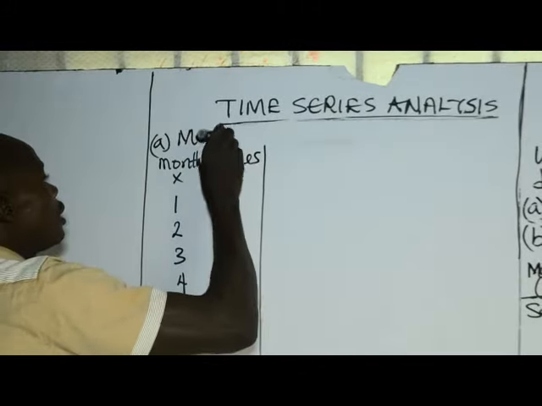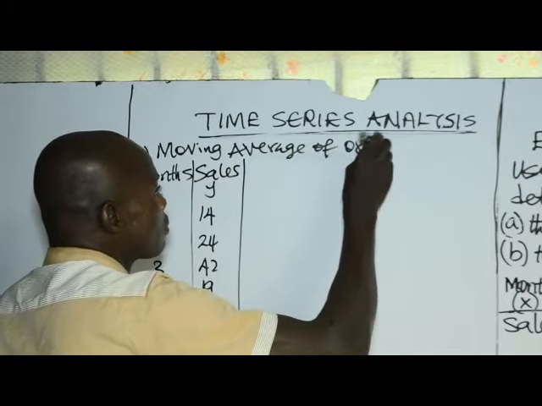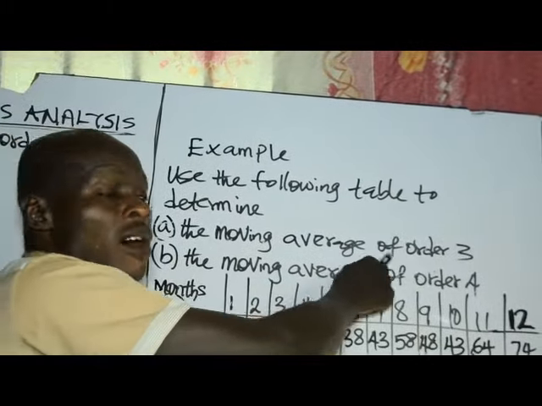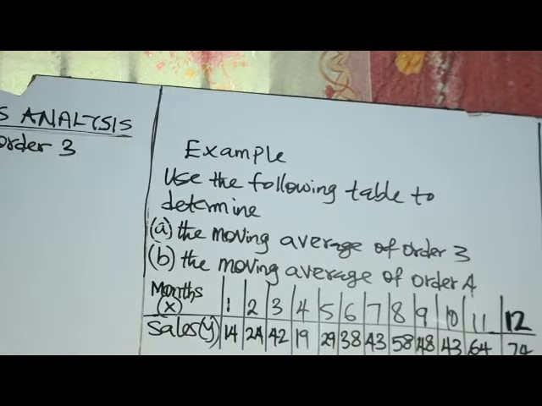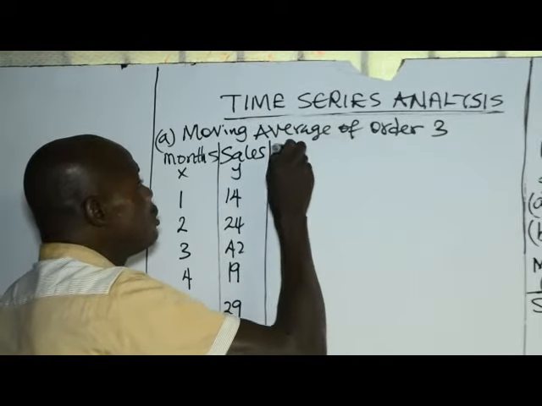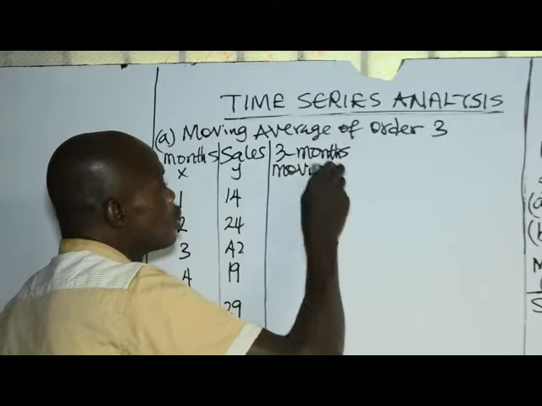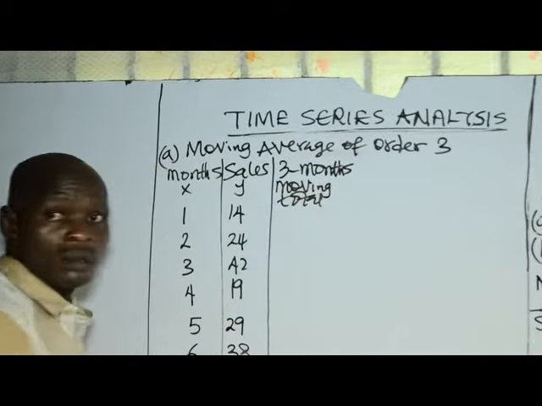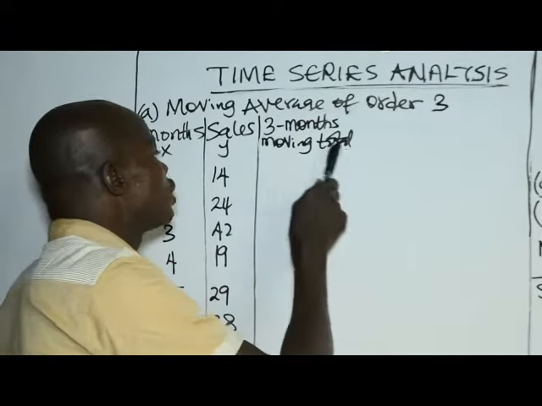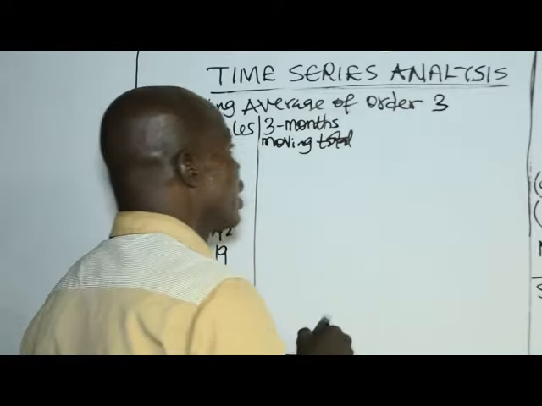Based on requirement A, you have to determine the moving average of order 3. Now, you are going to calculate the 3 months moving total. You are to calculate the 3 months moving total for the 3 months moving average. And since 3 is an odd number,